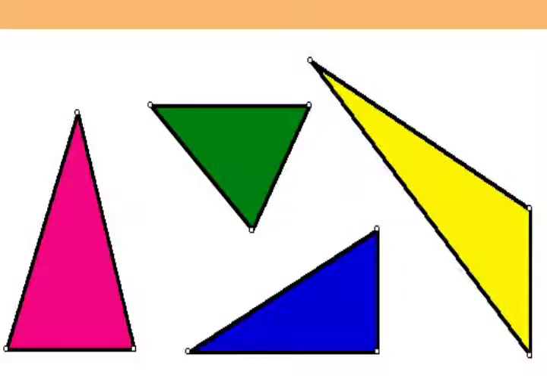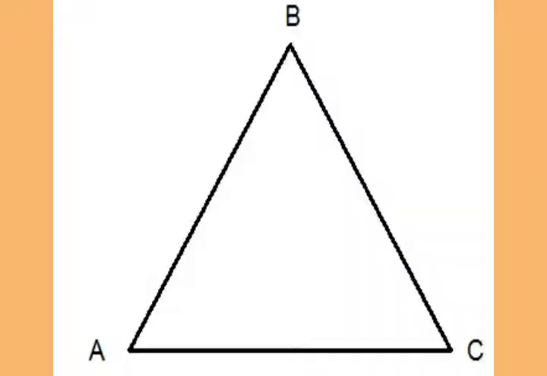In this video, I'll discuss the triangle and solve some questions related to the topic. So you can see the figure triangle ABC on the screen. A triangle is a closed figure having three sides. Triangle ABC has three non-collinear points A, B and C. It has three sides, namely AB, BC and CA. Then it has three angles, angle ABC, angle BCA and angle CAB. It has three vertices also, vertex A, B and C.